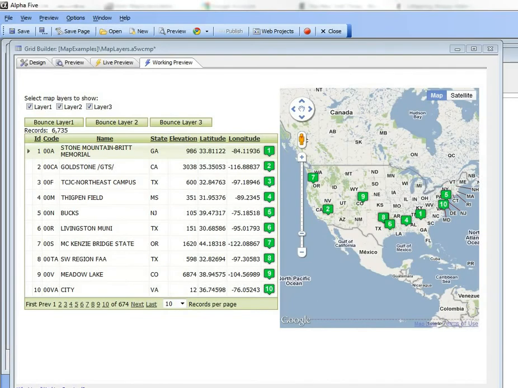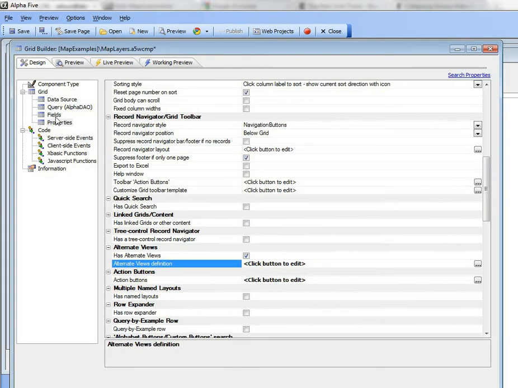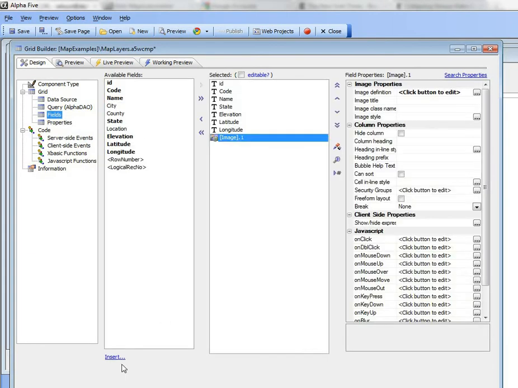In this video we're continuing our discussion of the map layer feature for Google Maps in the version 11 grid. So we're going to discuss now how the icons on a particular layer in a map can be shown or hidden. So let's go back to the builder and go to design mode,